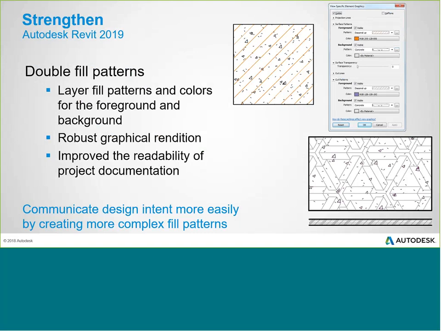So instead of having just one fill pattern that we can apply to a Revit category, now in cut patterns and in surface patterns, you can have two patterns loaded into those settings. So you can have a foreground pattern and a background pattern. Even in this slide here, you can see that if we have a diagonal pattern with a concrete pattern below it, we can start to layer up those patterns within the Revit categories. Without going into that too much,